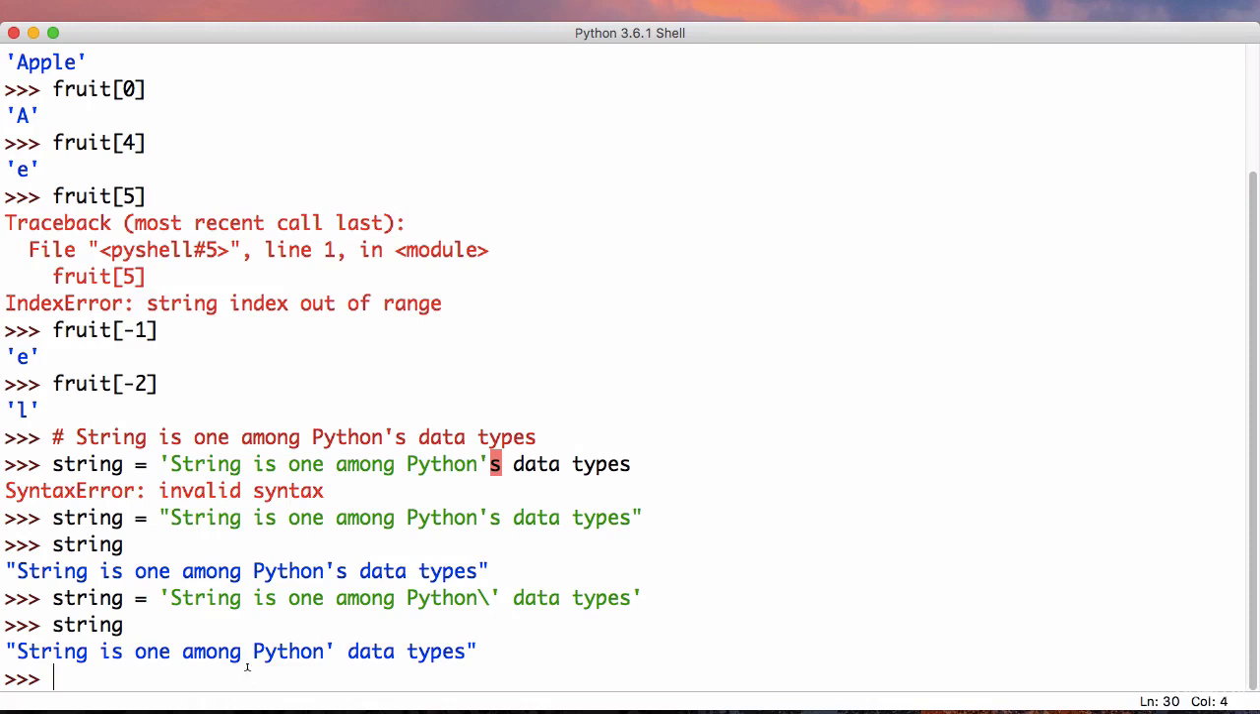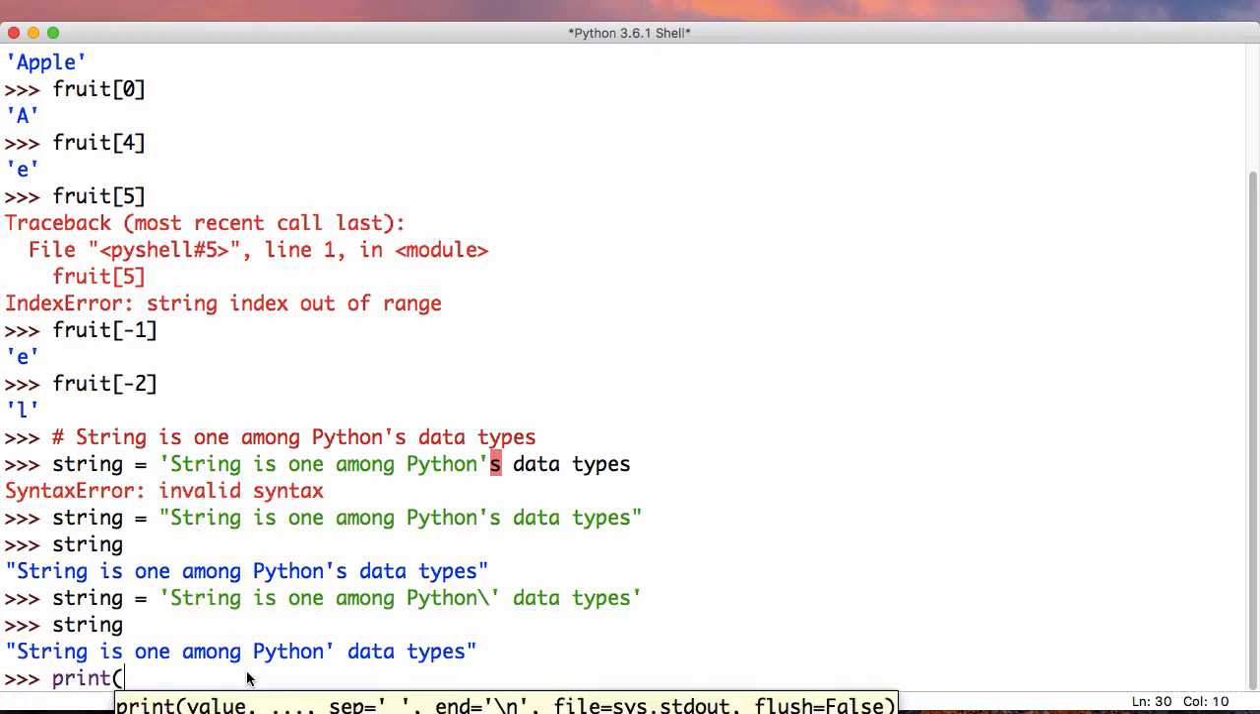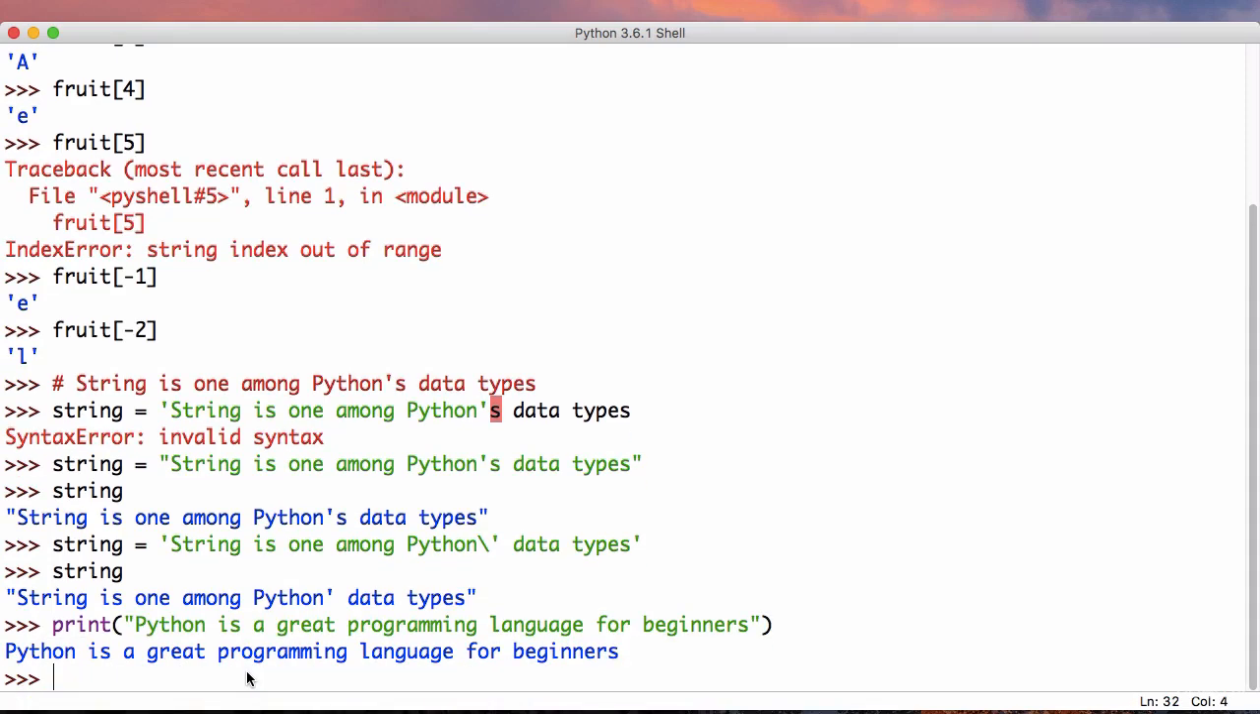Next, what we will be looking at is the string formatting in Python. To understand what that is, let's go ahead and print a string. Let's say I have a string, Python is a great programming language for beginners. Now what I want to do is replace this word Python with a variable. I want my Python to be stored in a variable, and that variable name should be a part of my string. So in order to do that, let me first create a variable called programming language